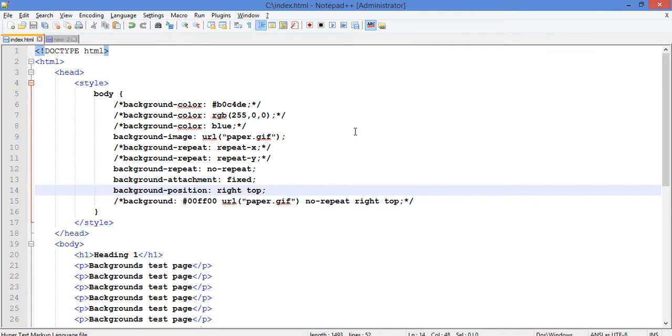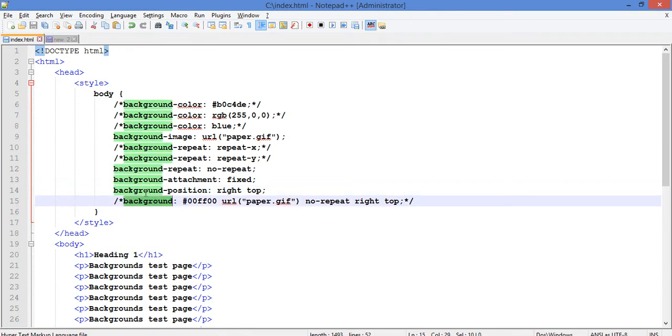So with this, we covered different background properties. But if you want to mention all these background properties in a concise manner, there's also a shorthand property which says the background property is capable of covering all these values which we discussed so far. But there's a predefined order here. So when you define background effects in one single property using this background CSS property, you need to follow the order: the background color follows with the background image, and this follows with the background repeat, and this follows with the background attachment, and the last one could be background position.